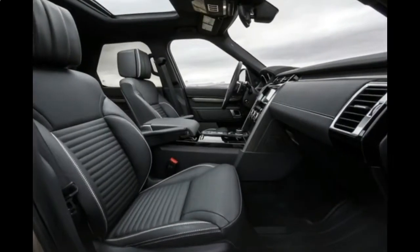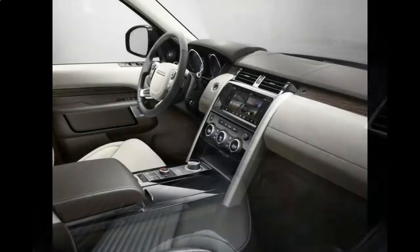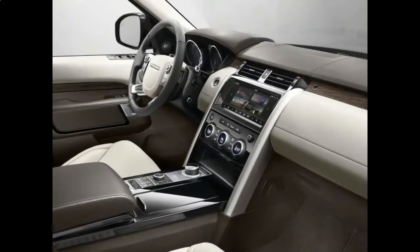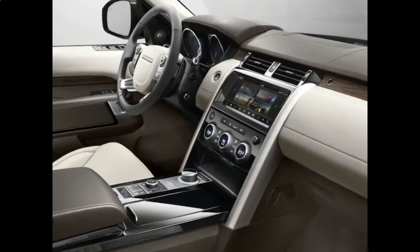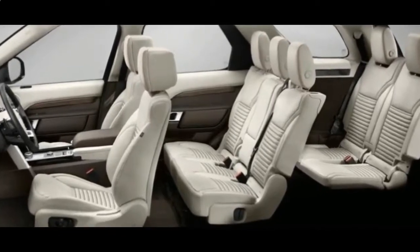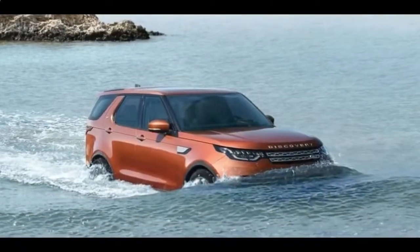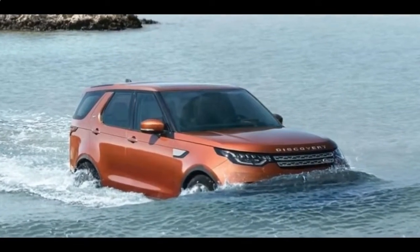Just roomy enough for adults, the third row seating area supplies cutouts that add a little bit of space for their feet under the second row seat. Occupants in the second row can also slide the seat forward to add some extra legroom. Still, the seats are shoved right up against the tailgate, and you must choose between carrying people or cargo, but